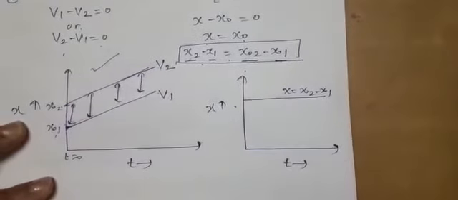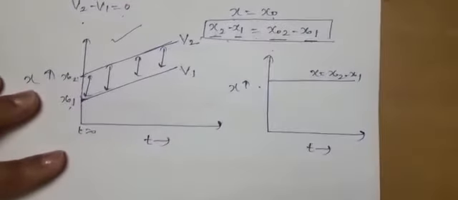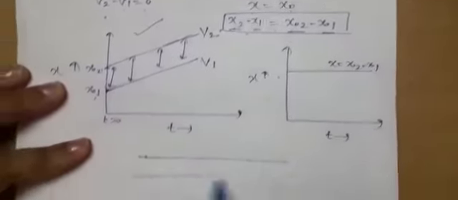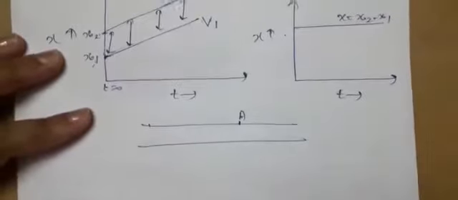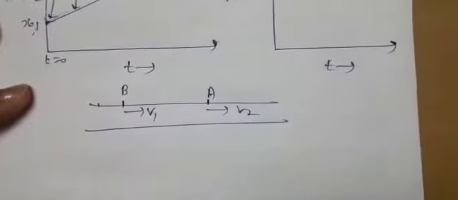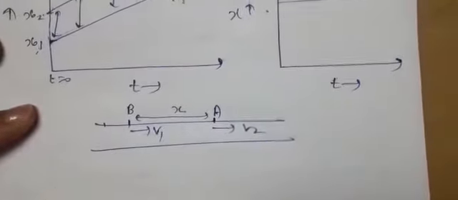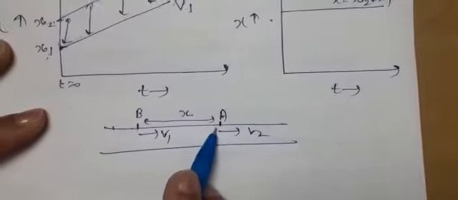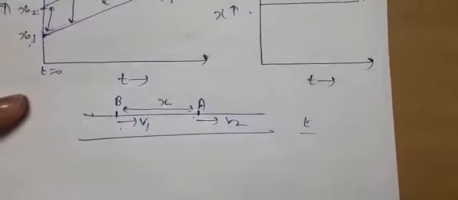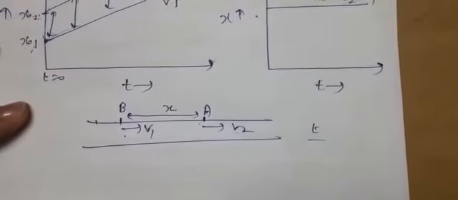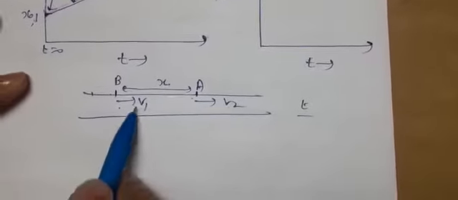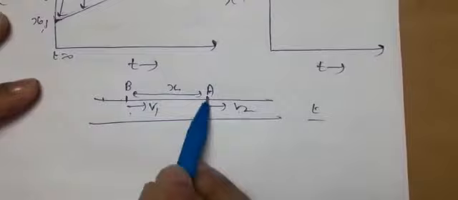Suppose in your street there are two cars. One is just at the starting point. One is starting its motion from point A, another is starting its motion from point B. Both are starting with the same speed. This is the initial separation between the two bodies before starting motion. After time t, because they are moving with the same speed, there is no other factor which will be accelerating the motion. There is no factor responsible for increasing the speed. So both will move with the same speed, so the separation will remain the same.